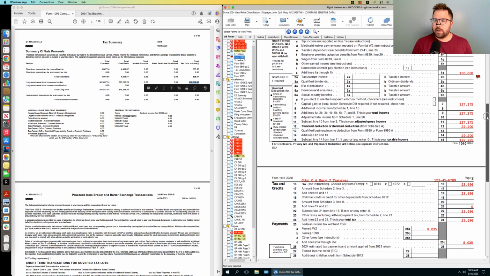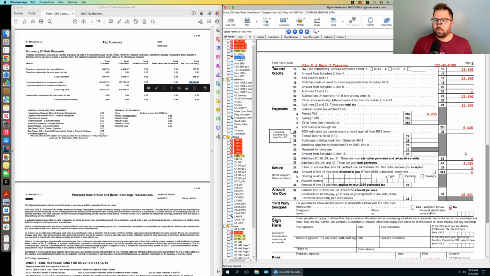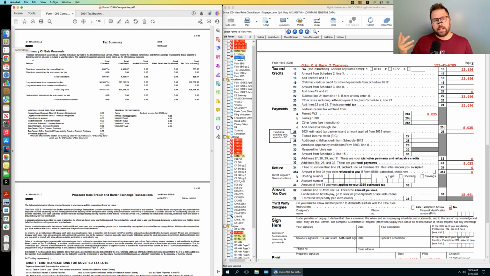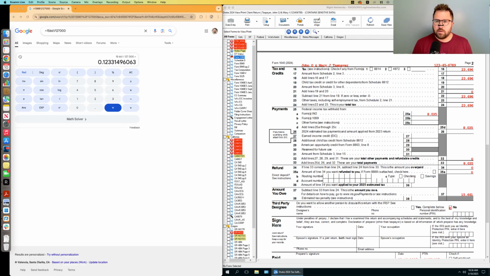So how much did what they owe go up? Wow, they owe another $15,661 on this gain. And so what's essentially the effective tax rate there? Doing some quick math over here, it's about 12.3% is the effective tax rate on that. Okay. Now I'm going to erase these capital gains from the software, and I'm going to show you